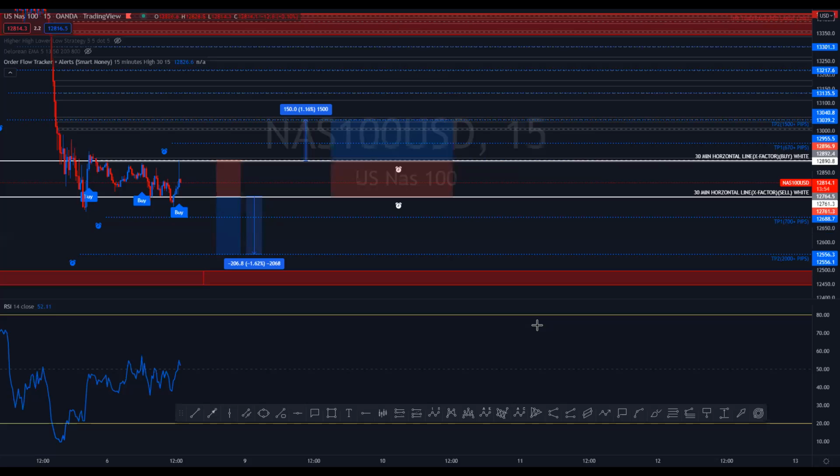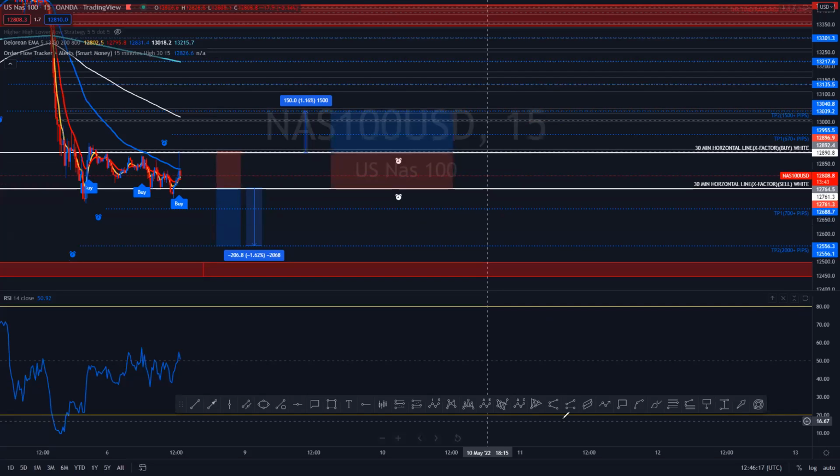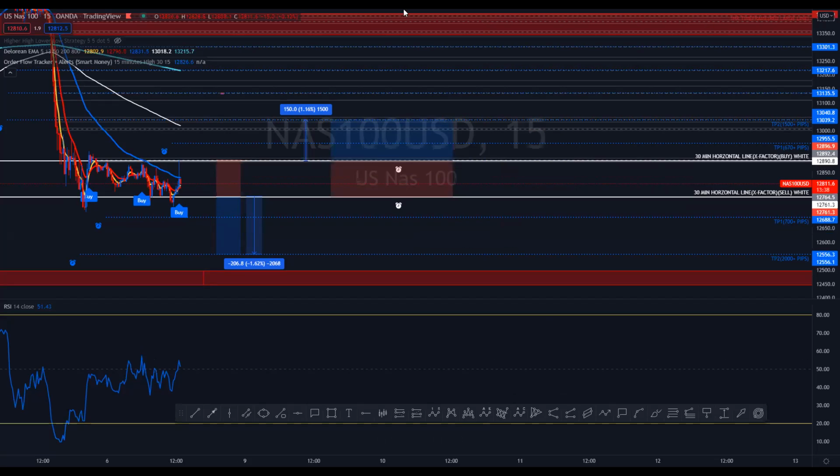So I went ahead and set my alarms for all my take profits and our X factor lines. Now the next thing we're going to do is turn on the EMA indicator. This is the indicator that I actually use as extra confirmation with my analysis. So the way it works is